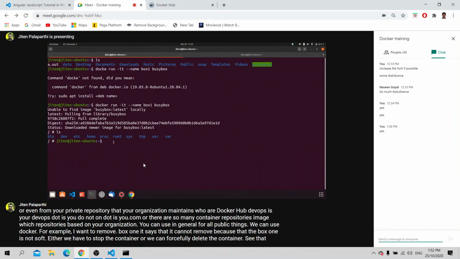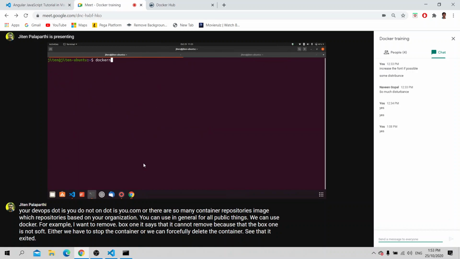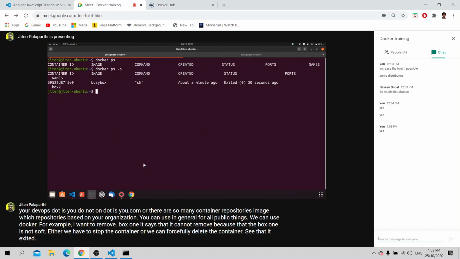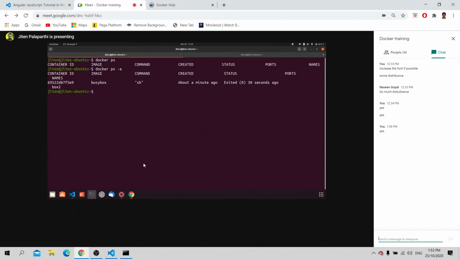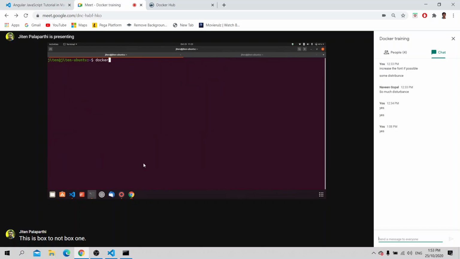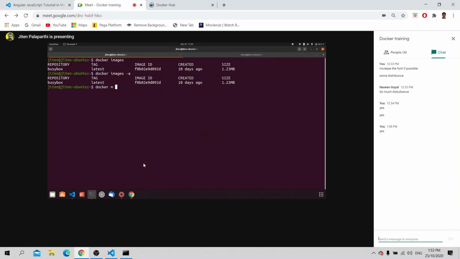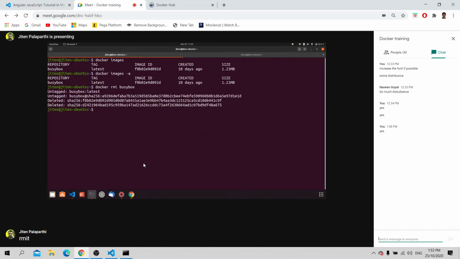See that it exited. This is box 2, not box 1. RMI.